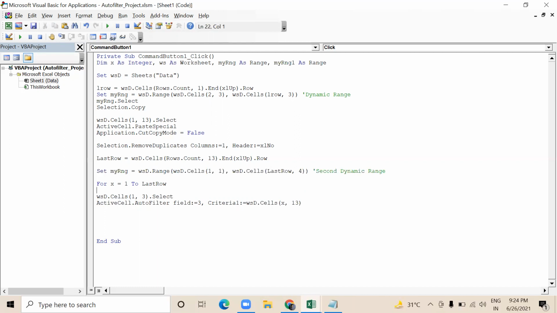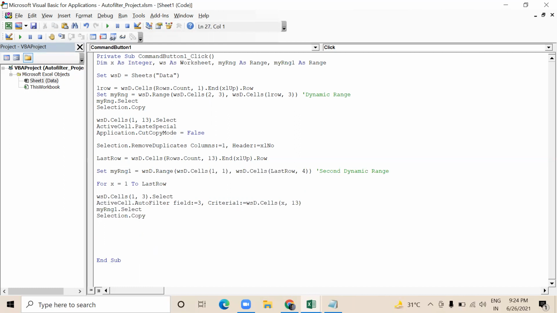Okay guys, now I want to say my range 1. This will become my range 1. So I want to say my range 1 dot select, selection dot copy. It will copy the data.